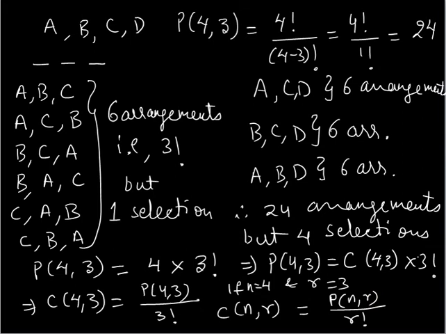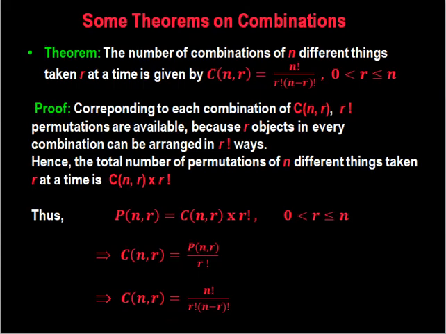Now let us go through the theorem which will give us an expression for combinations. The theorem states the number of combinations of n different things taken r at a time is given by, this is the notation, C(n,r). It will be equal to n factorial over r factorial into (n minus r) factorial. Over here r is taken as strictly greater than 0, as out of n we will be selecting some. So it cannot be 0, but it can have a maximum value up to n. Though we can even discuss the condition when r becomes 0.